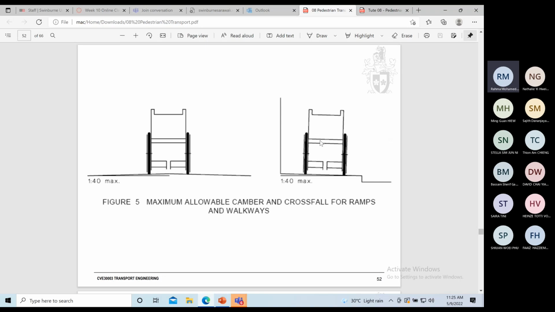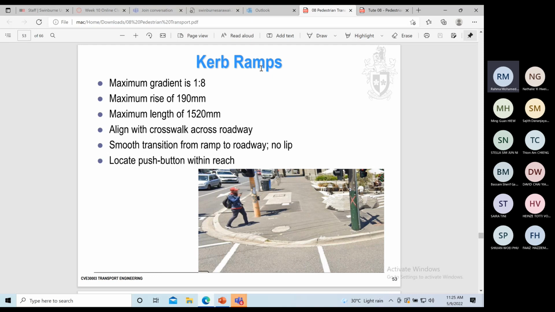Okay, so as we talked about earlier, the maximum allowable crossfall for ramps and walkways should be 1 in 40. You have to follow this strictly because it comes from a standard. Then we have curb ramps. As the name suggests, these are the ramps at the curb. So for them, the maximum gradient should be 1 in 8